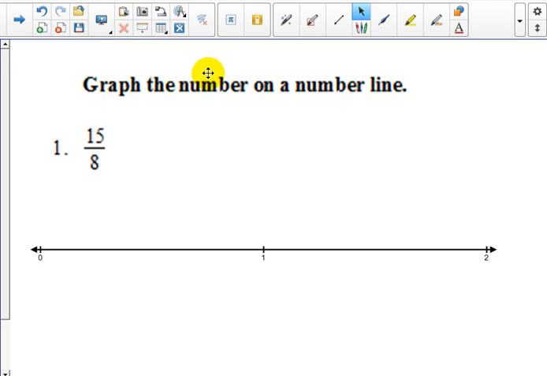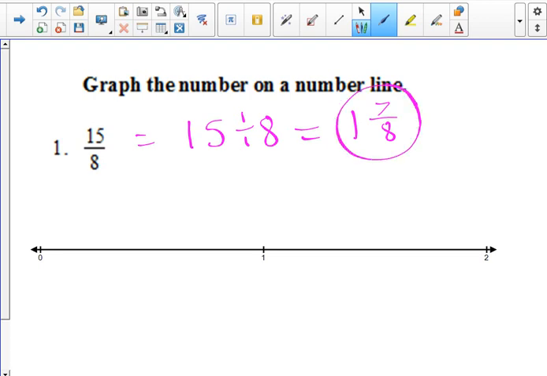Our first problem says graph the number on a number line, and we have 15/8. Well, if we look at this, that's the same as saying 15 divided by 8, which is 8 goes into 15 one time with 7 left over. 7 what? 7/8, what we're dividing by. So if we're going to graph this on a number line, 1 and 7/8, means we're going to 1,